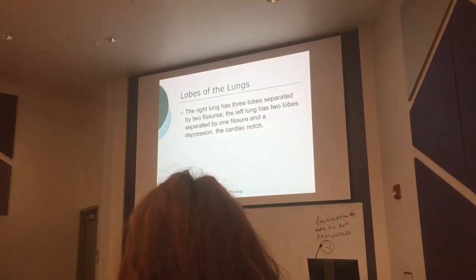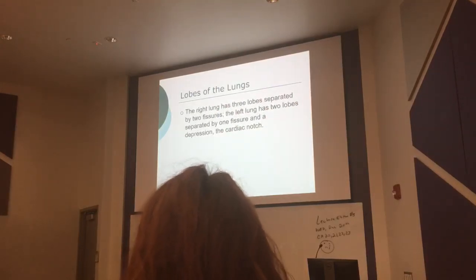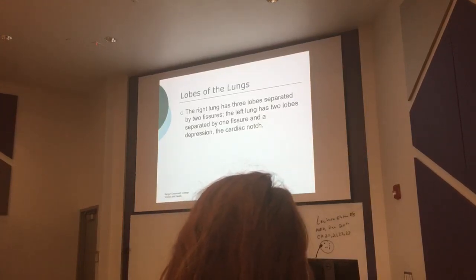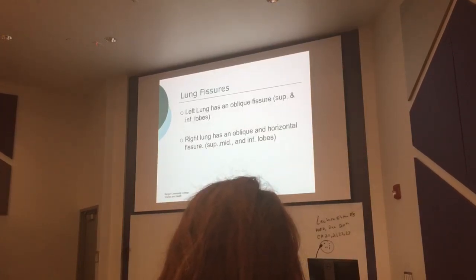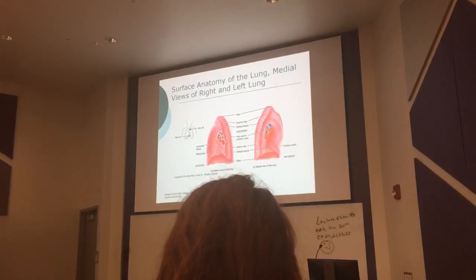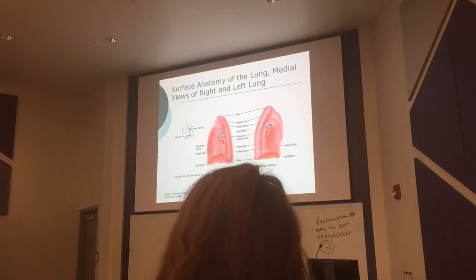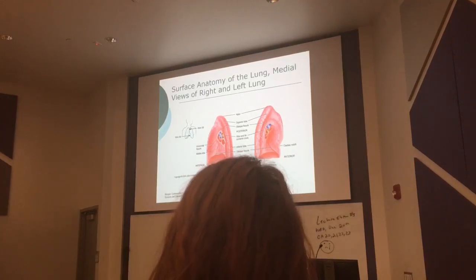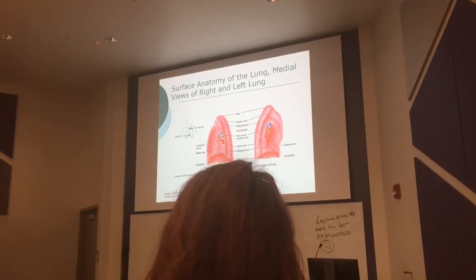Okay, right? So again, in the right lung, you have two fissures, horizontal and oblique. Left lung, you just have an oblique fissure. That's a horizontal fissure, oblique fissure here. In the middle of the lungs, you have a hilus. It's an indentation. The hilus you're also going to have in the kidneys. What goes in there is going to be our blood supply. So we have a bronchial artery, a bronchial vein going in, and you're also going to have your lymphatics and your nerve supply.